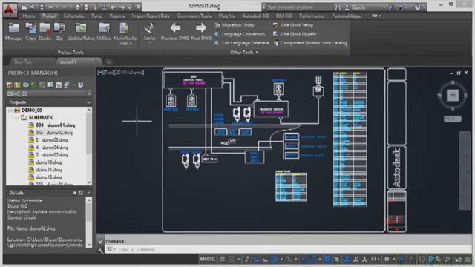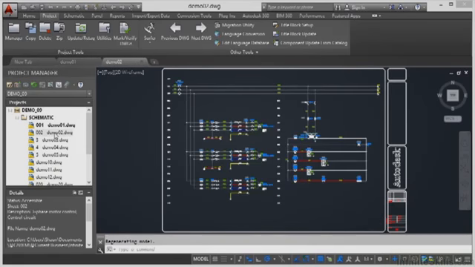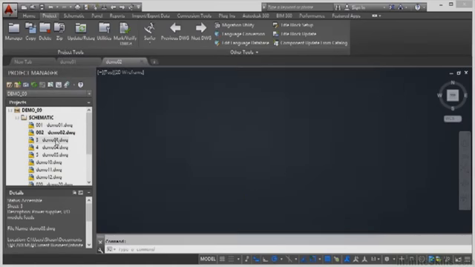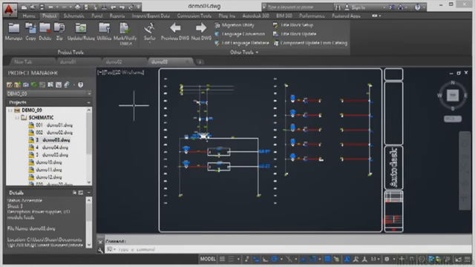Now, there's nothing to stop you though going here and double clicking on Demo 02. That'll open it, but it'll also open it here. And then Demo 03, that will also open it here. So you'll notice now I've got 3 drawings open. That'll slow down your AutoCAD Electrical depending on your computer speed. The more drawings you have open, obviously the more power it takes to work with them in AutoCAD Electrical on